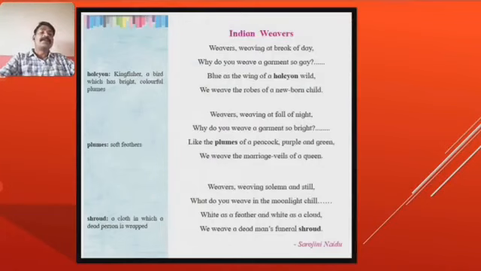very artistically. So weavers weaving in the Solomon style, why do you wear in the moonlight chill? White is a feather and white is a cloud, we wear a dead man's funeral. Now in the last stanza, the weaver continues his work in the chill moonlight, but the work is something different. That weaver came in the last phase of the life,